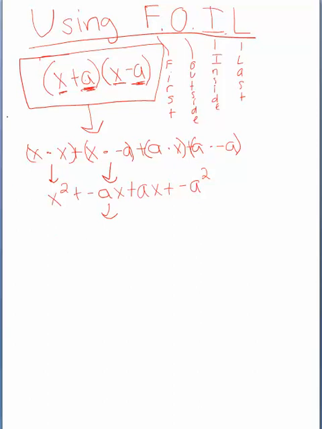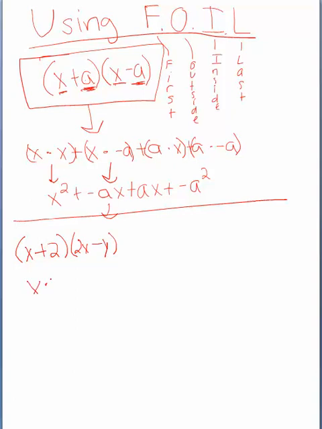Alright. Some examples will go x plus 2 times 2x minus y. We have a couple different variables in there. Okay, so first, which is x times 2x, plus 2 times 2x is 4x, plus